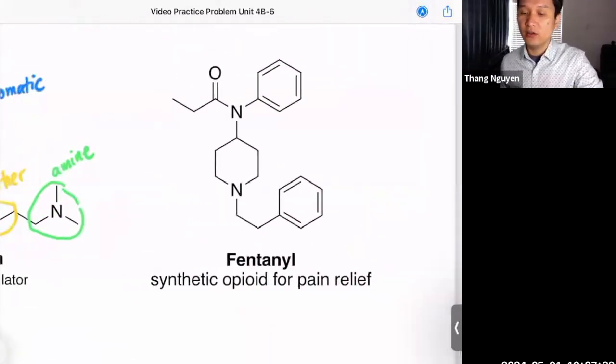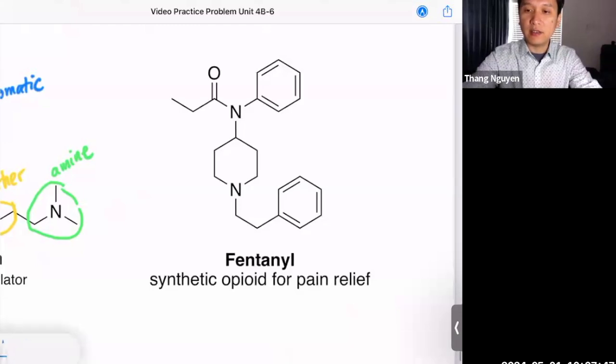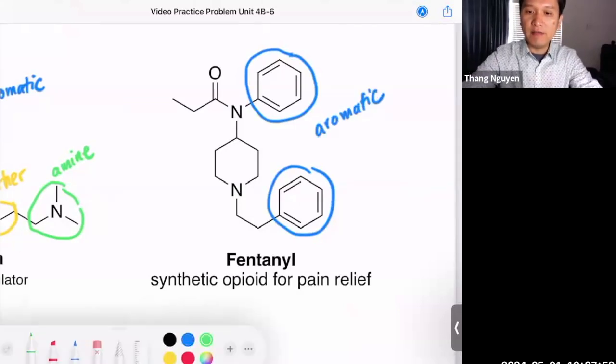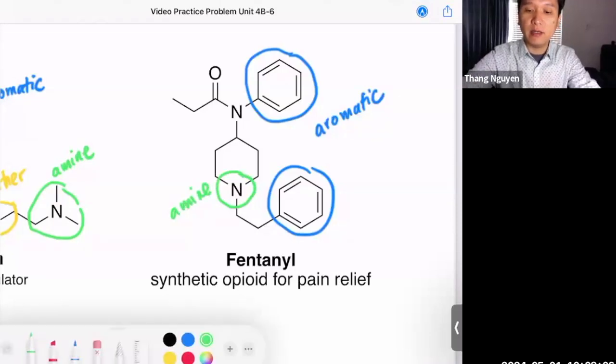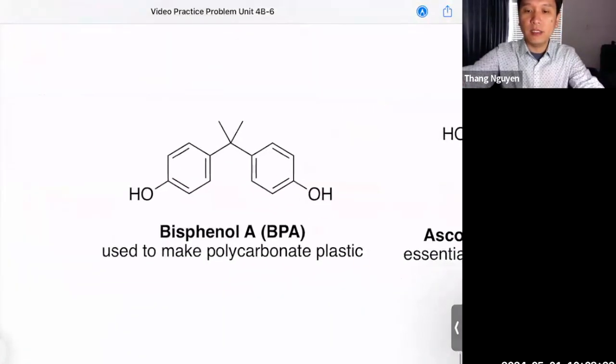Okay, next. Fentanyl. This is the opioid that's killing people, but that's just a molecule. Let's go ahead and take a look at this molecule. Again, we have some aromatics. We have the same amine group we saw earlier. But notice when a nitrogen is connected to a carbonyl, we don't call it an amine anymore. We call it an amide. So that's a special group also. BPA,